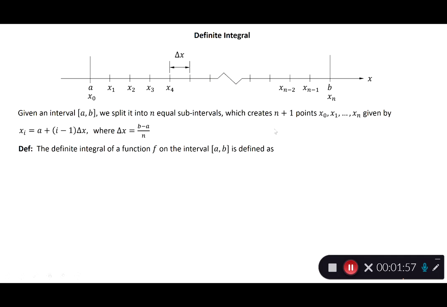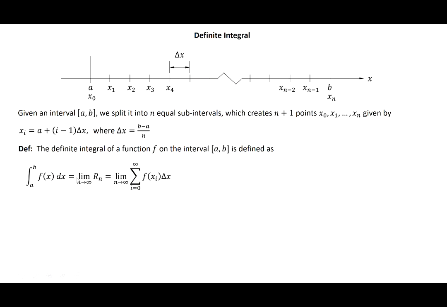That's the idea. So the definite integral of a function f on an interval a, b is defined as, and the way you read this is, integral a to b of f of x dx. Cool? Integral a to b of f of x dx. And what is that? That's nothing but the limit of the Riemann sum as n approaches infinity. And we said one way to calculate the Riemann sum is by using the right points, which would give us